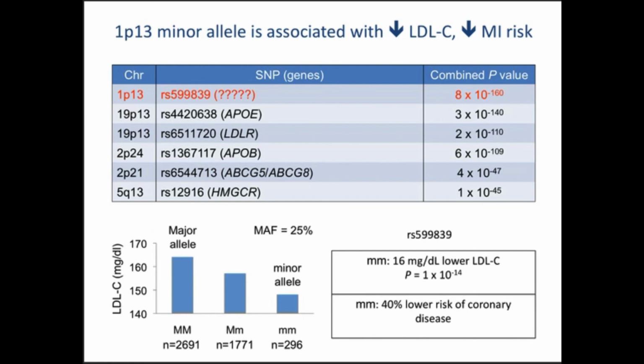But the top hit was one of these things that didn't have a gene associated with it. Brown and Goldstein hadn't taught us about it, and it seemed to be the most significant risk factor. When you talk about common genetic disease, we're talking about fractions of a change over your lifetime. This is a much bigger fraction of a change. If you were one of these lucky devils who was a homozygous minor, you could expect to have 16 milligrams per deciliter lower LDL cholesterol. To put that in context, that's like taking a weak statin for your whole life. You have a 40% reduced risk of coronary artery disease if you're that lucky devil, which is a pretty huge change when we talk about common genetics. And unfortunately, we knew nothing about it. So then begins the chase.